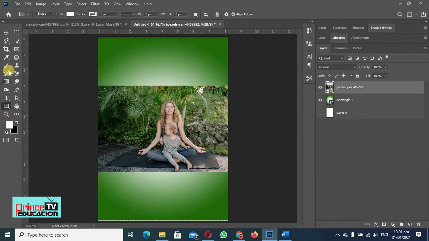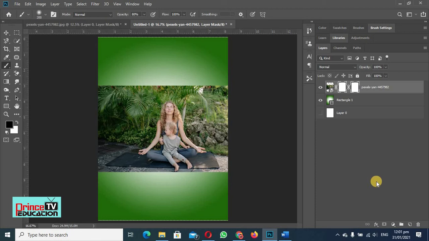Now I will click on the brush, then click on the layer mask, and I will start applying from here. So you can see how I am easily merging this picture with the background.